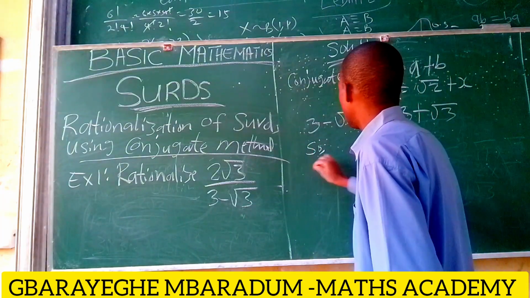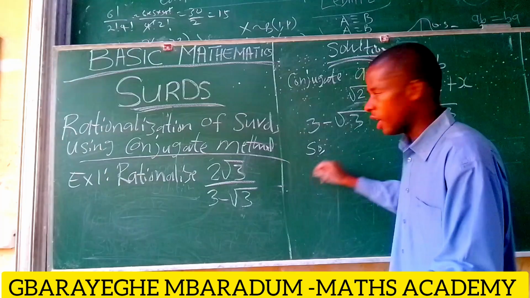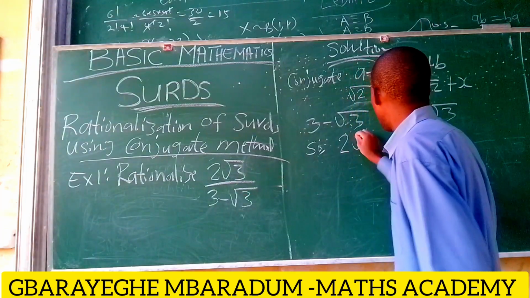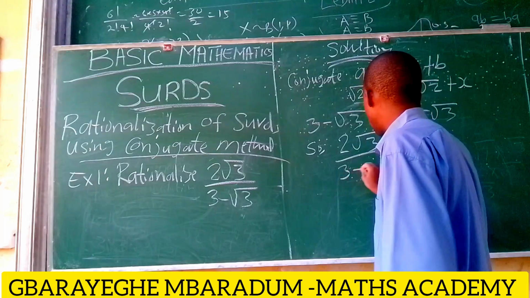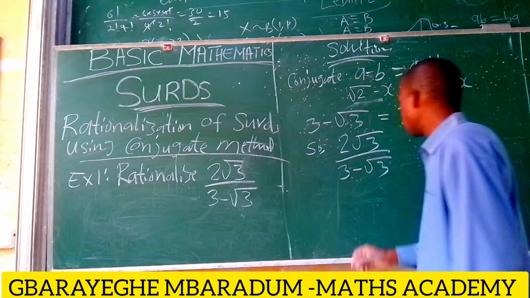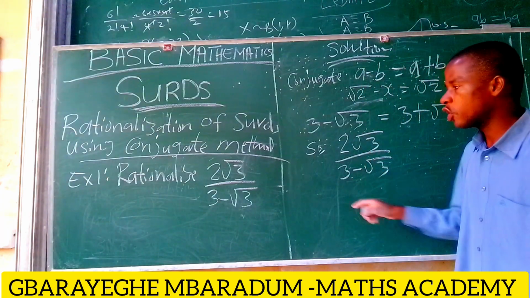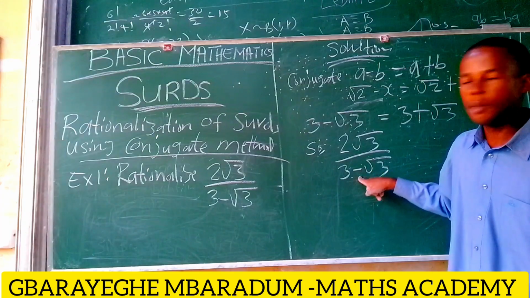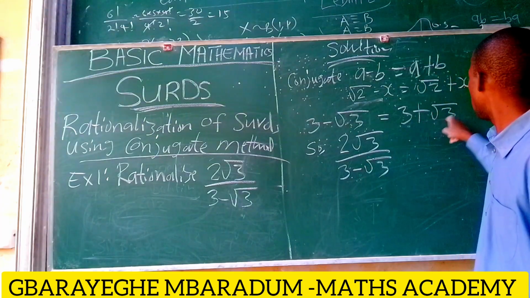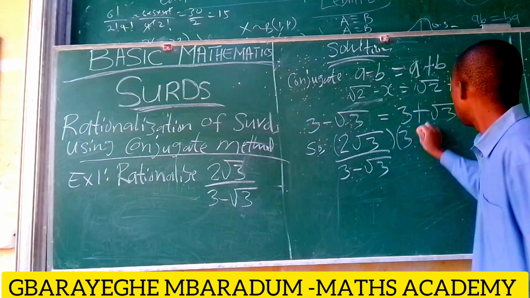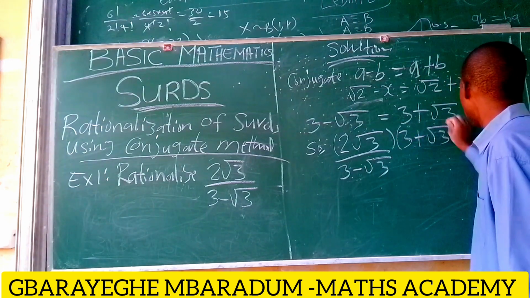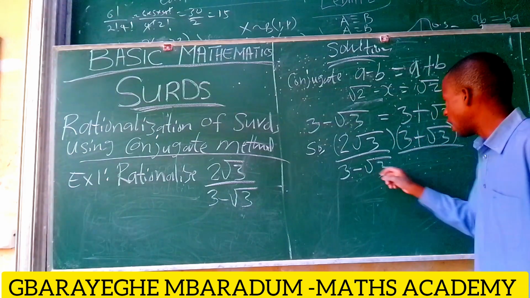So from the question they gave us, we have 2 root 3 all over 3 minus root 3. Now we multiply both the up and the down by the conjugate of the denominator we are trying to eliminate, which is 3 plus root 3. So you multiply this numerator by 3 plus root 3, all over, and multiply the downside by